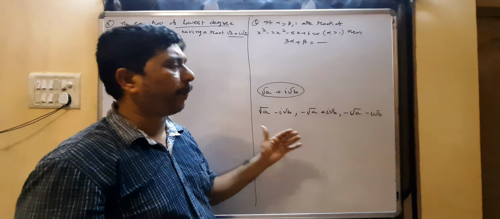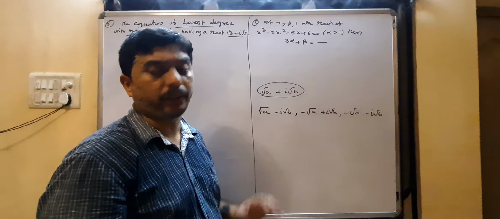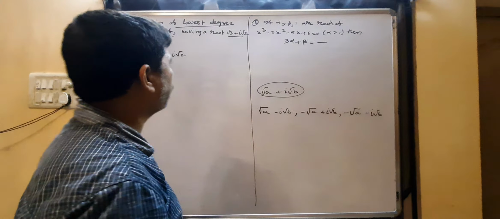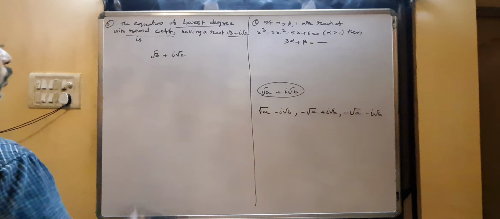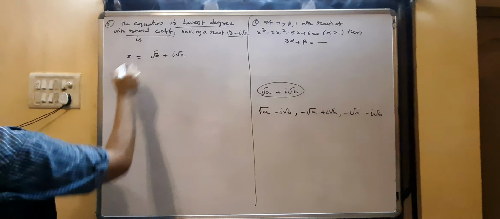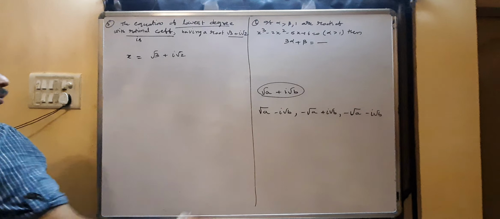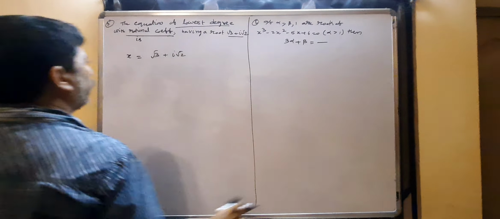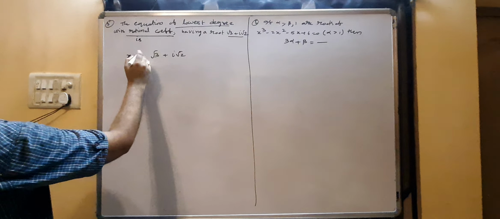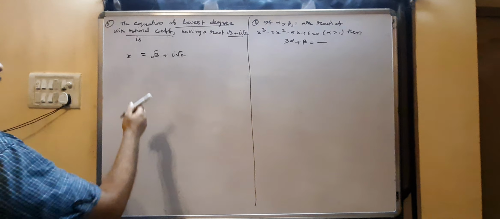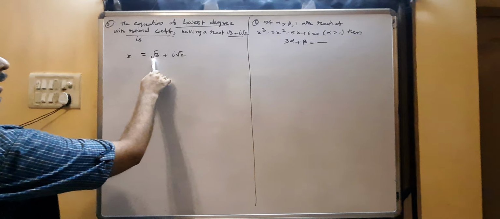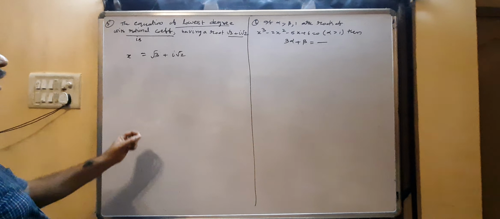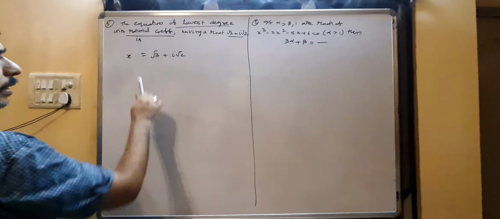If you do the previous method, that will get very lengthy. So for these type of problems, whenever they give one root, you can take that root as x. Don't go that method. Another method you can follow: whenever the root is given, you can take the root as x. On the root, you have to eliminate the irrational part and imaginary part. Eliminate the irrational and imaginary.